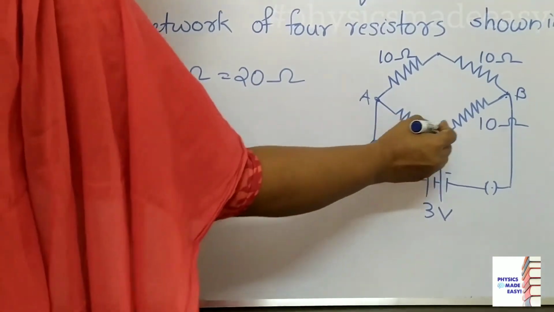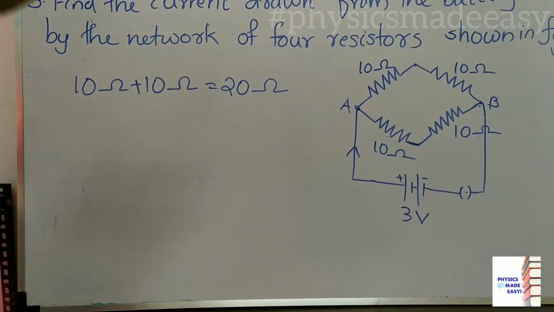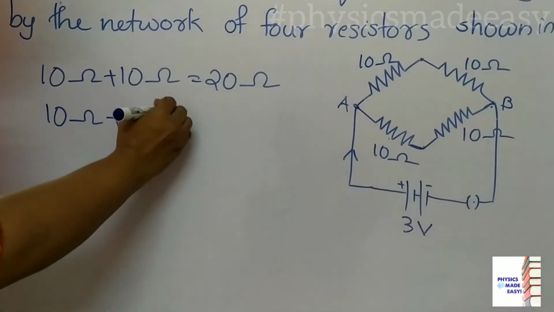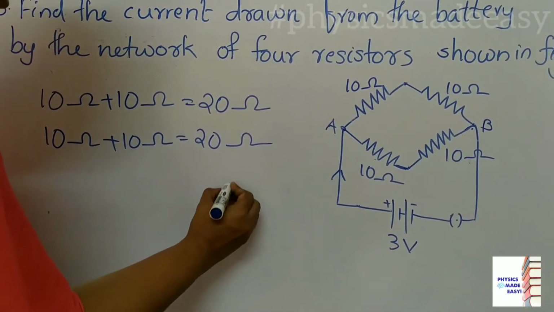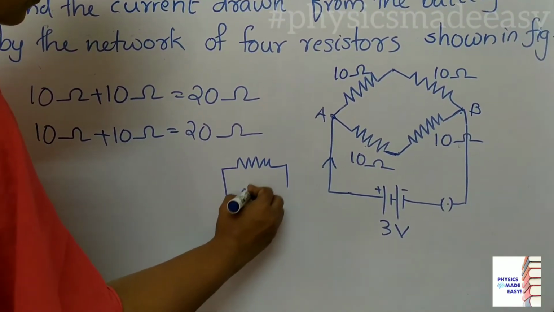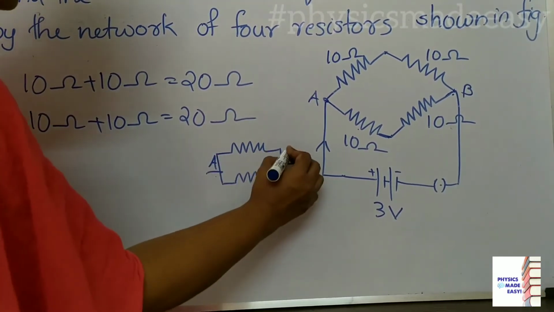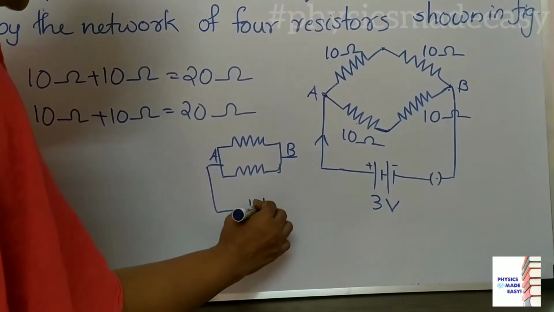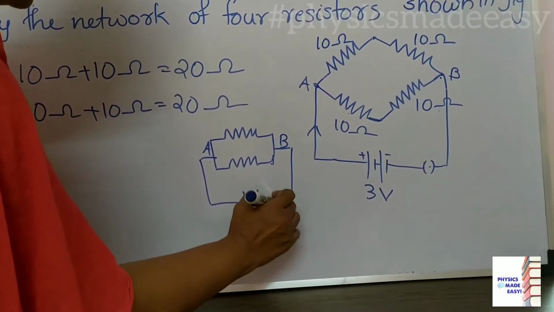Again you can see 10 ohm, 10 ohm. That time also we will get the same value 20 ohm. Again I am going to write that 10 ohm plus 10 ohm, you will get 20 ohm. Now how can we change this? You can draw this as here 20 ohm and here also 20 ohm. Here these are the 2 points A and B. Here you can see between A and B our battery there having potential difference 3 volt. Here key also there.